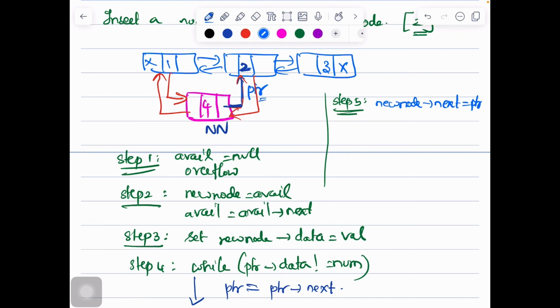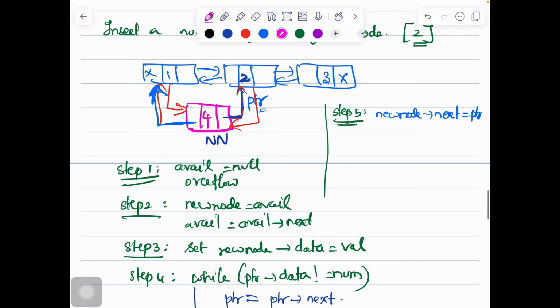Then we make the new node's previous point to whom? This node, the node before the PTR, we call it the PTR's previous. So the new node's previous points to the PTR's previous.